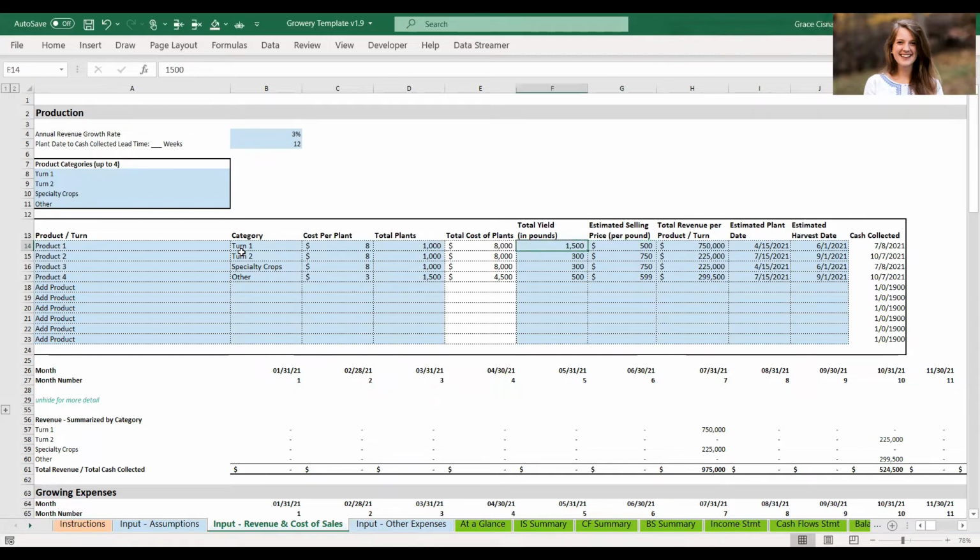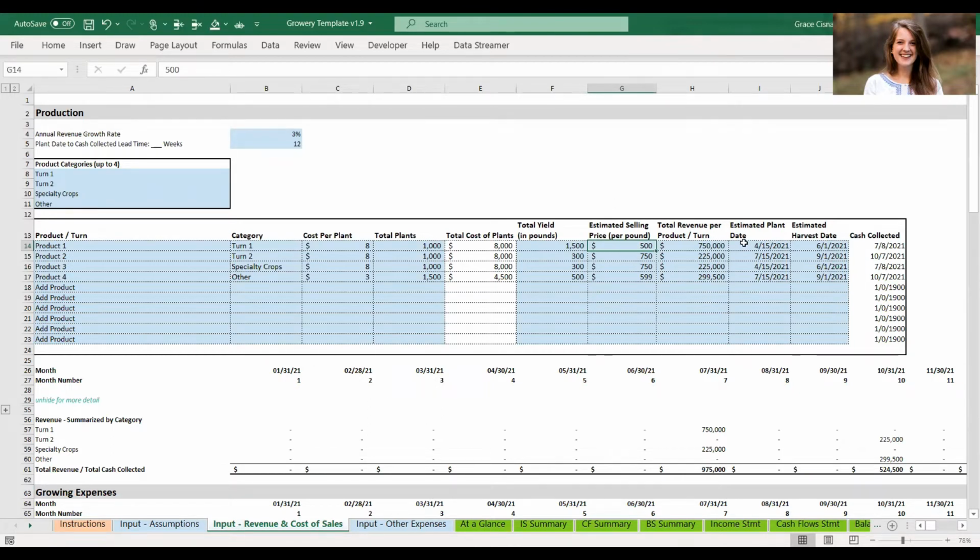Just a note about this, you don't have to use pounds. That's just our suggestion. If you sell your product in some other form of measurement, maybe ounces, maybe barrels or bushels, per tomato, whatever it might be, depending on what you're growing, just make sure that you're using the same unit here, because what happens in column H is we multiply this, for example, this 1500 by 500. So if you were doing it in bushels, and you yielded 5 bushels and your selling price was, say, $500 per bushel, it's just going to do 500 times 5. So just make sure that your unit of measurement is the same for these two columns,